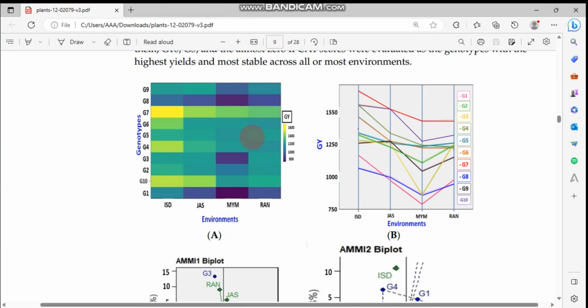Today I'm going to show you how to plot these two graphs, A and B. The first one is a heat map for genotype and environment interaction analysis, and the second one is a line plot for genotype and environment interaction analysis. This question arose from one of my YouTube followers, so I will address the code and also the solution